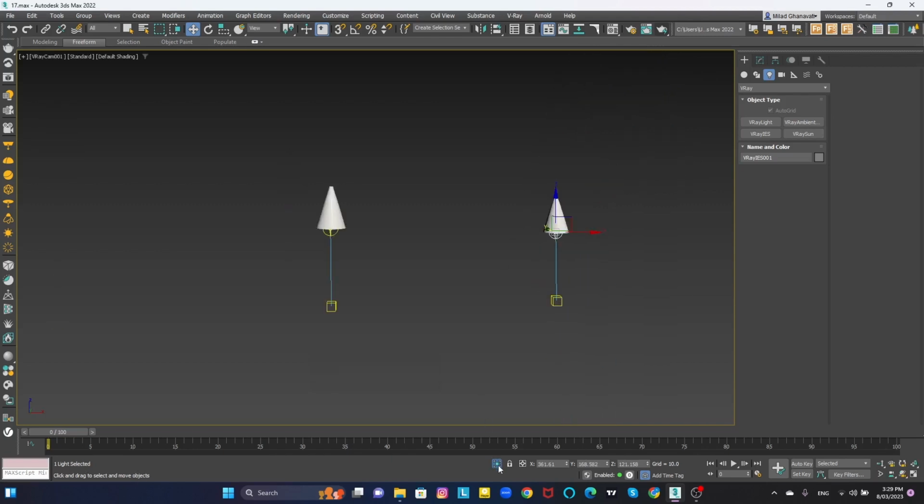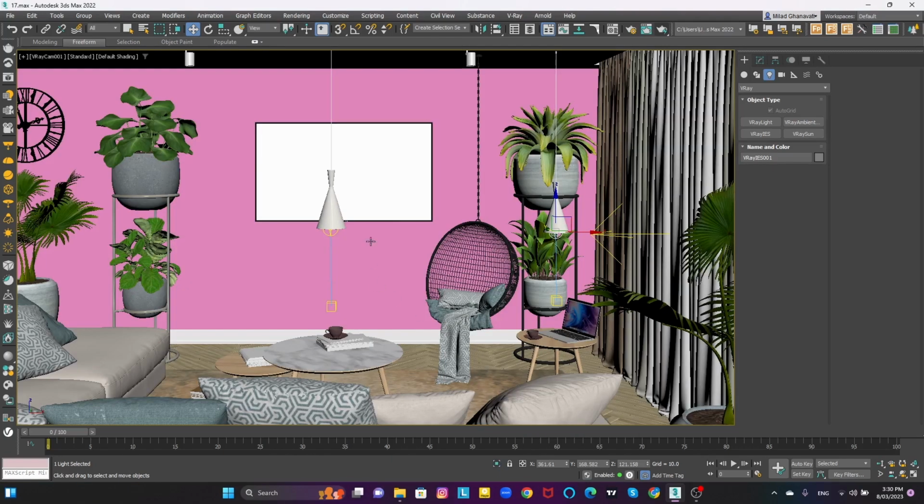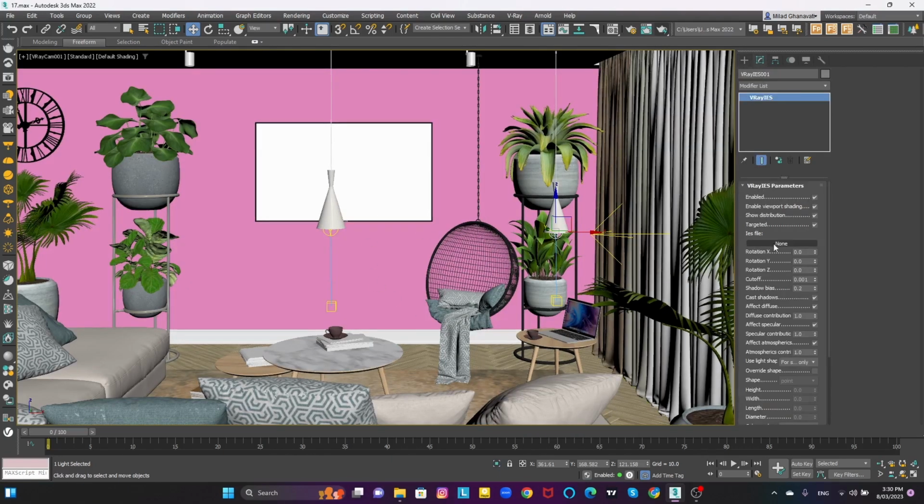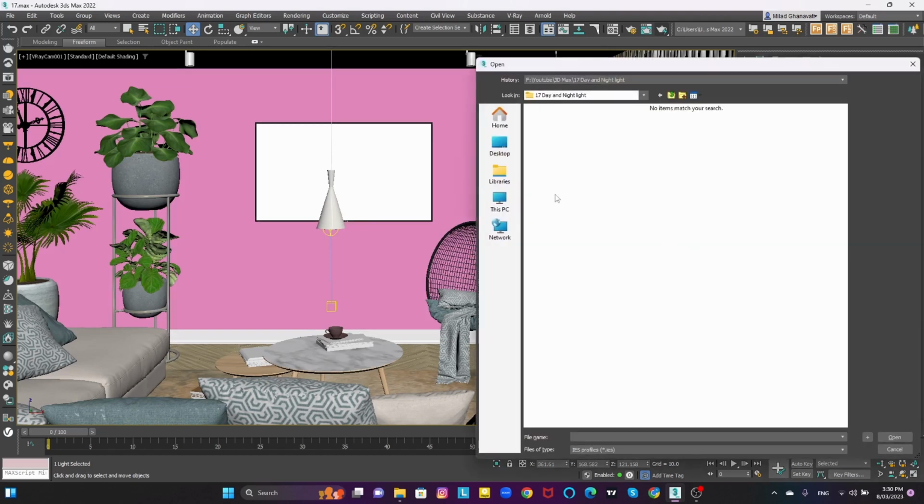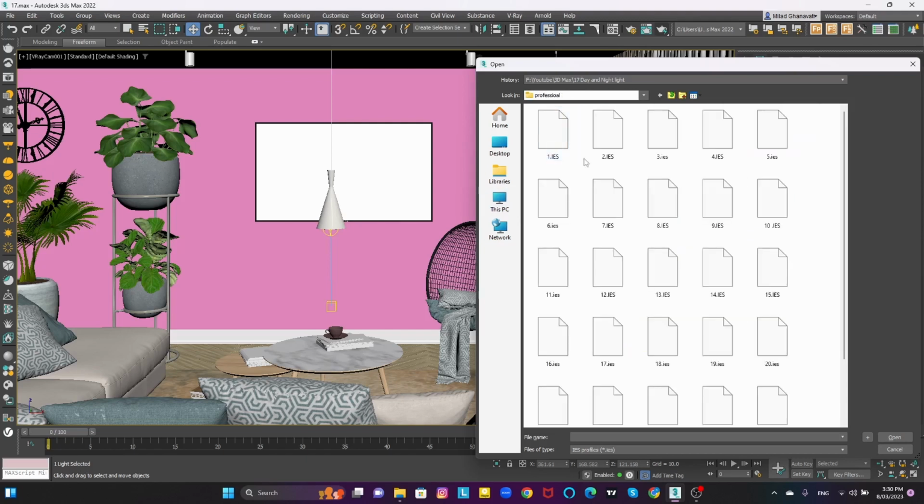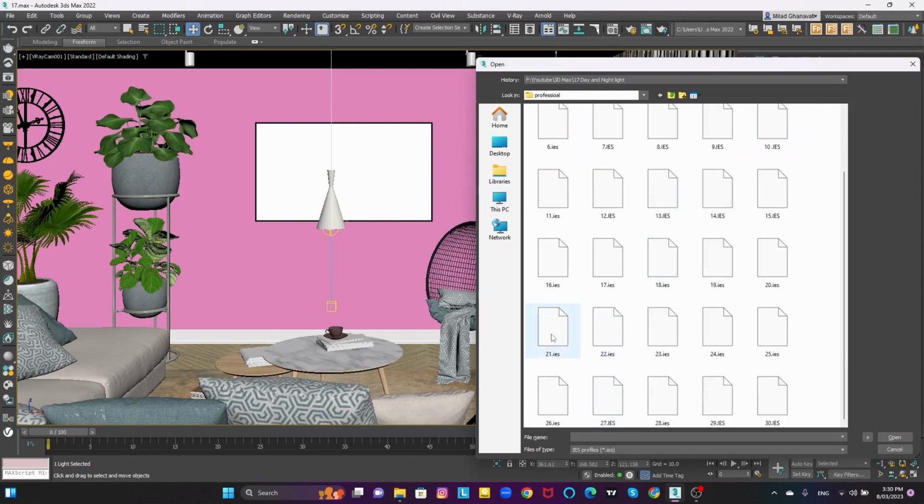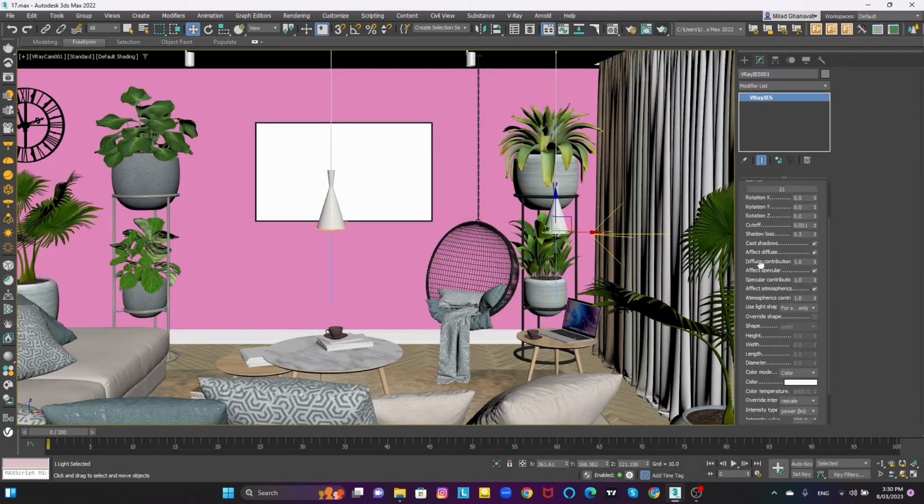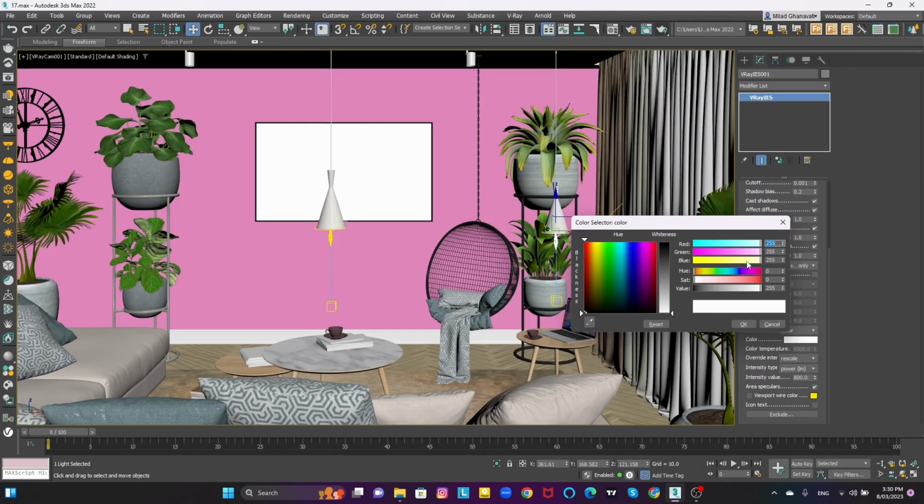Again, by pressing C and going out of isolated mode, I want to select an IES file for my spotlight. I go to my IES files, number 21 is okay, and for its color I want to make it yellow because it's not our main light, it's more for effect, and the combination between yellow and blue light is something beautiful. The exterior is blue, so I'm going to make this one yellow,